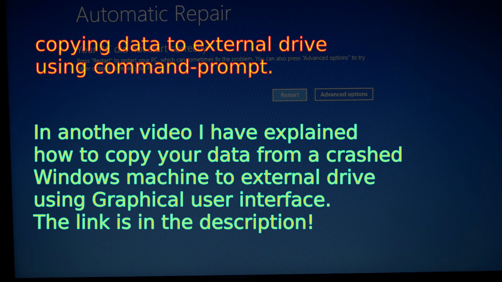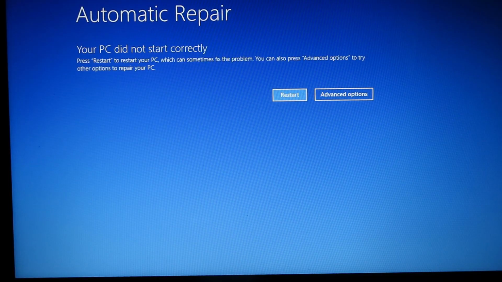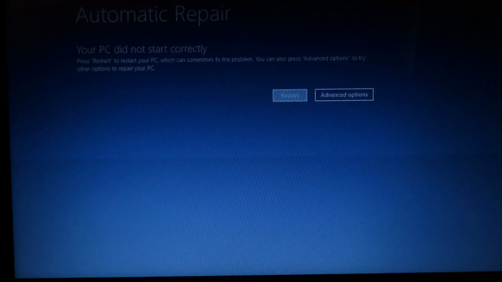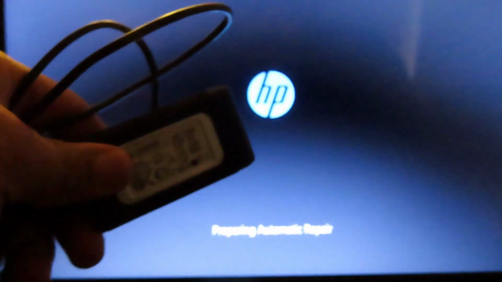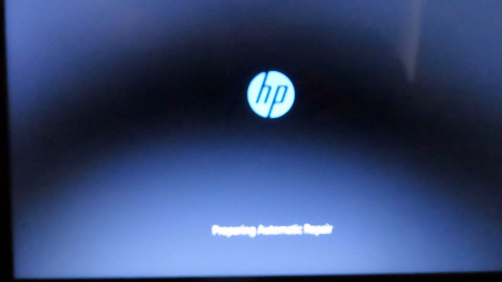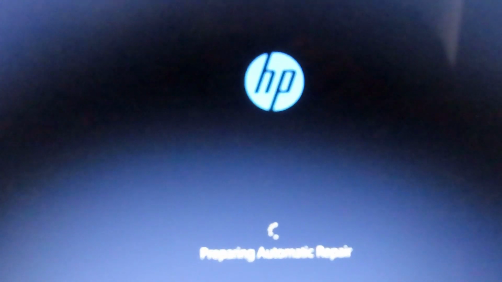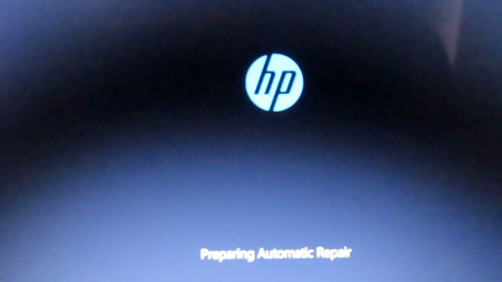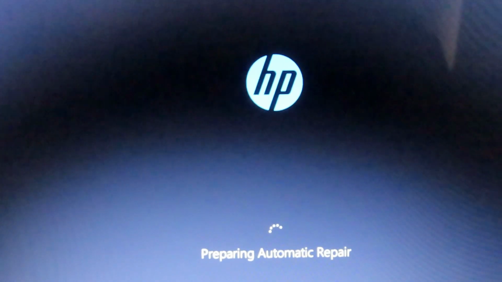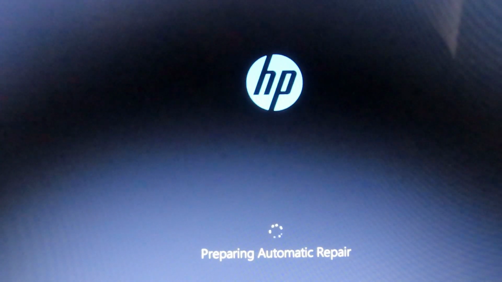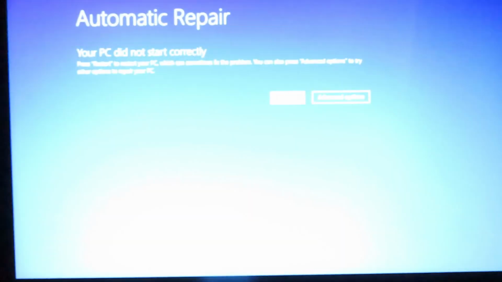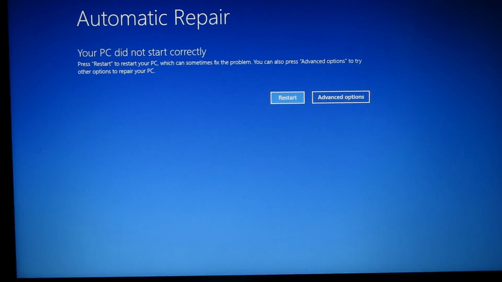So as you see, this machine does not start. Even if I restart here, it will fail, and we will copy the data to this external SSD. You see, preparing automatic repair, and it fails. I did this many times. The problem with this is that the registry is destroyed. I could not also restore the registry. Here, go to the advanced option,